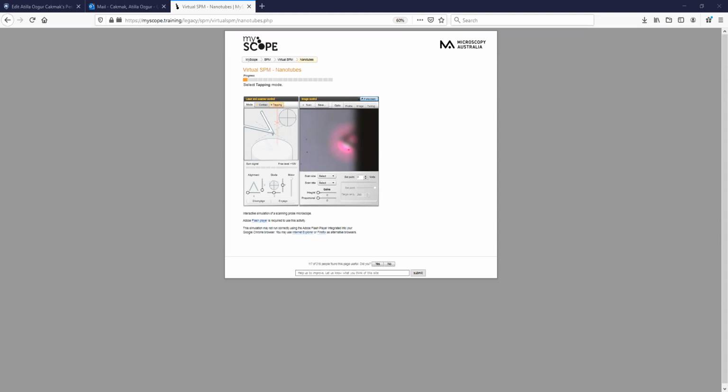It will be unstable. Set the scan rate, so I would like to get a decent resolution. So one line per second, that's equal to 1 Hertz. If I increase this number, it will get quicker, but it will lose its resolution, just like we analyzed with